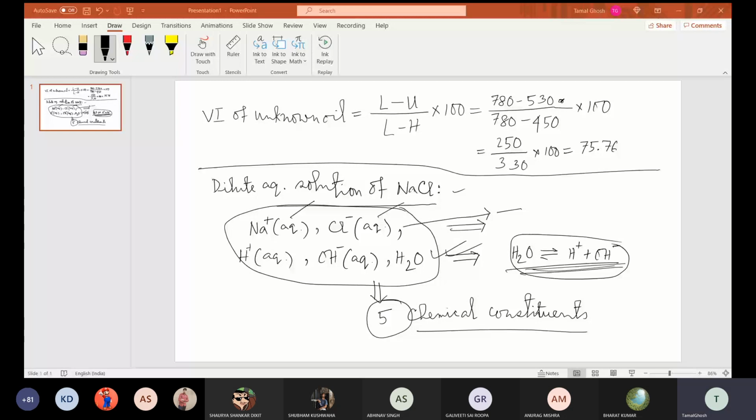So from your next class, your 3 new chapters are going to be started: chemical bonding, corrosion and green chemistry, and fuels. Will you teach us those chapters, sir? No, other faculties are there, so they will teach you. So 3 new chapters are going to be started. So my part is finished. So you read the topics that were already